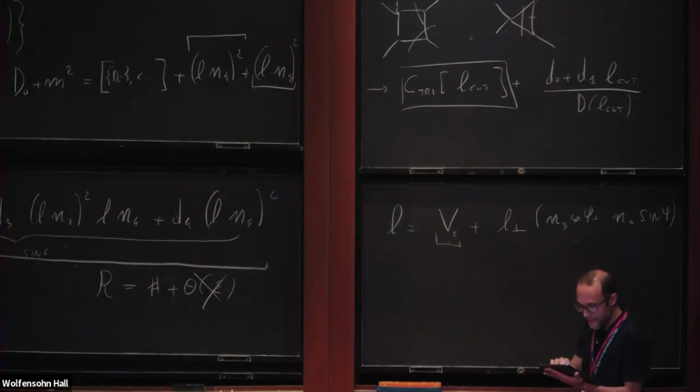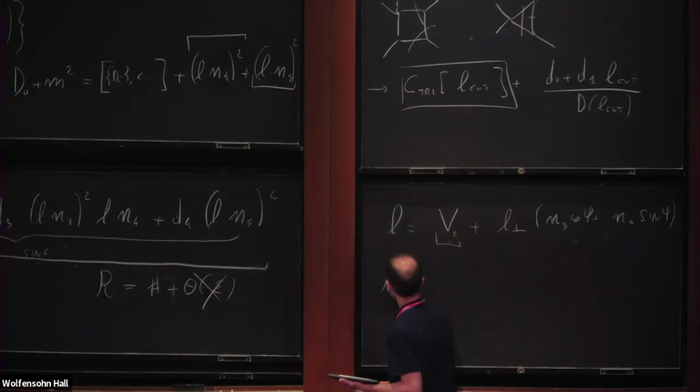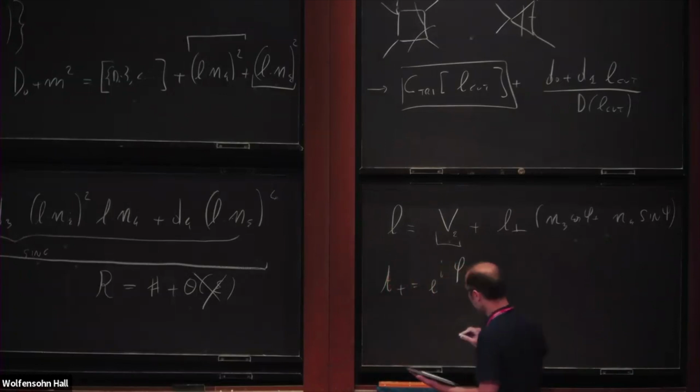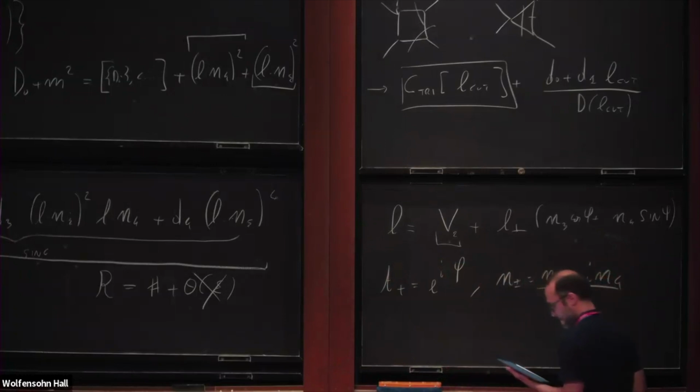Now, to see the relation in a nice way, I go to complex coordinates, okay? I define t plus, which is e to the i phi, okay? And I go on a complex light cone, so I define n plus minus as (n3 plus minus i n4) over 2, okay? So then,